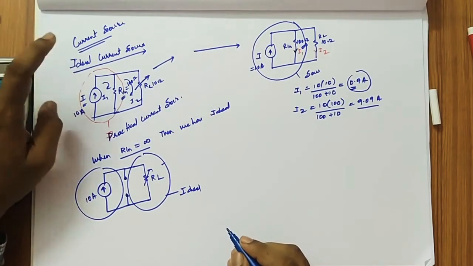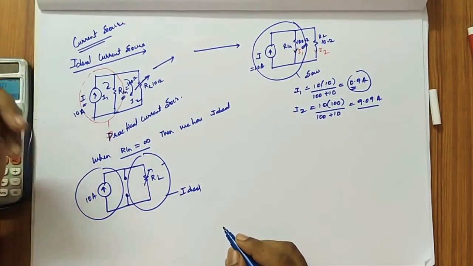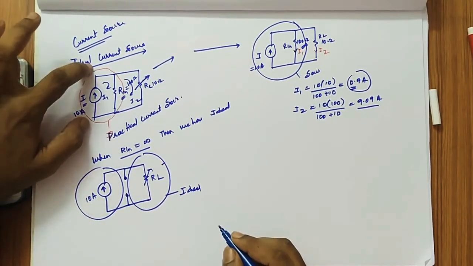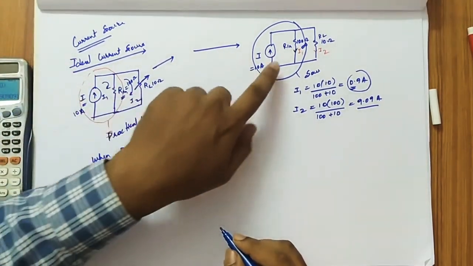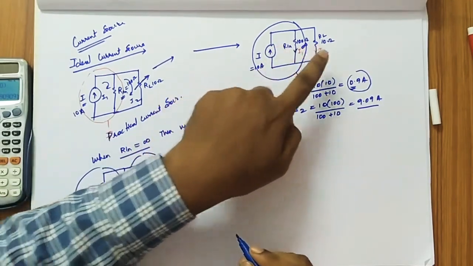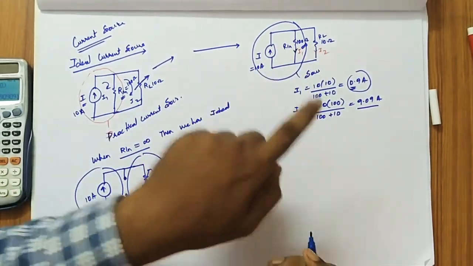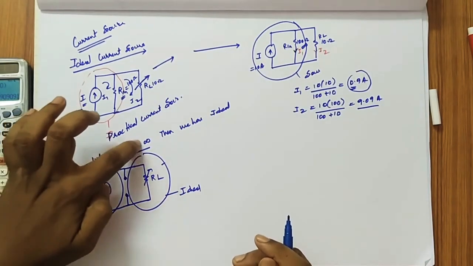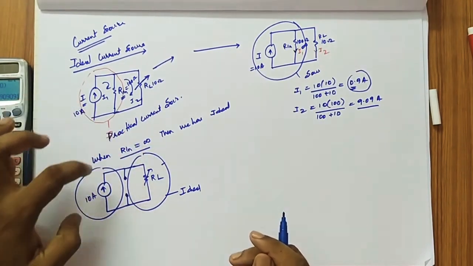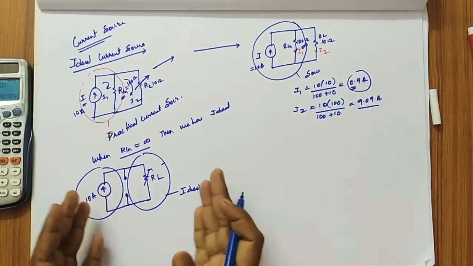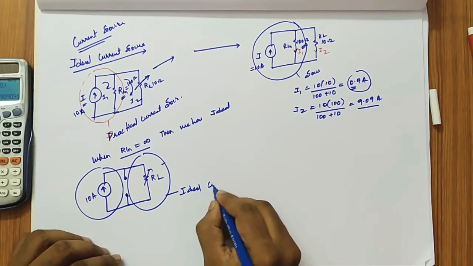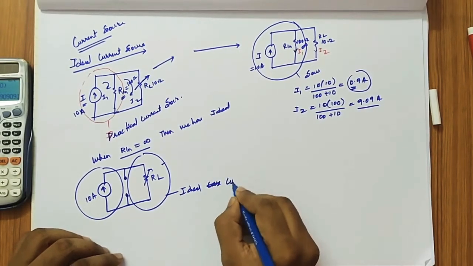Okay, you got that point? So what if an examiner asks what an ideal current source means? You represent the practical current source, and after that you show that the internal resistance is high for the practical current source. You just prove that thing. After proving this, you take the infinite resistance. If the internal resistance is infinite, then whatever input current you are giving, we will get the same at the output. That is the ideal case, the ideal current source.